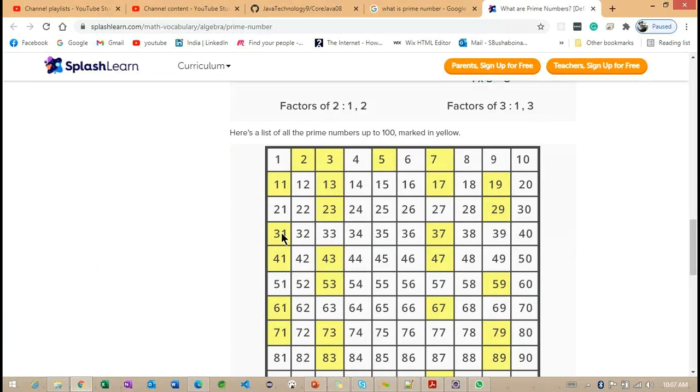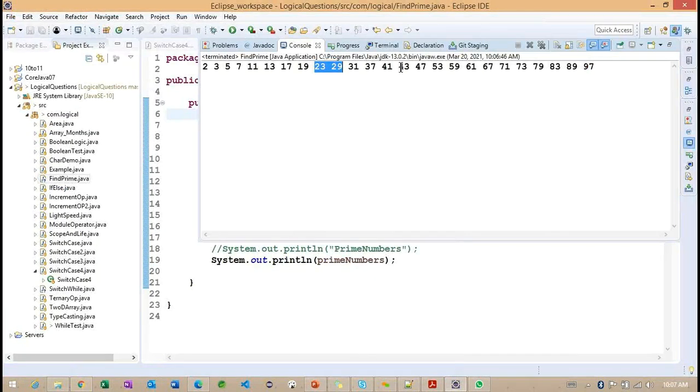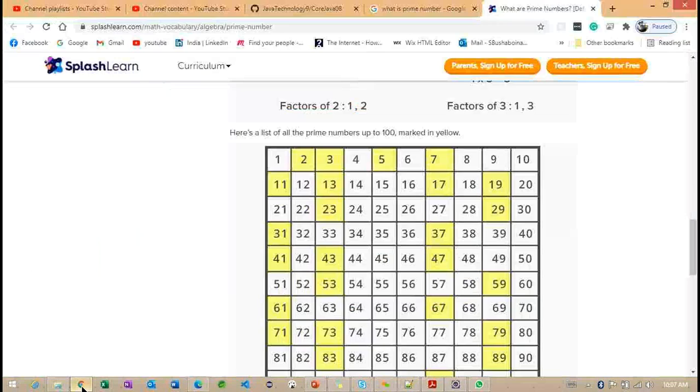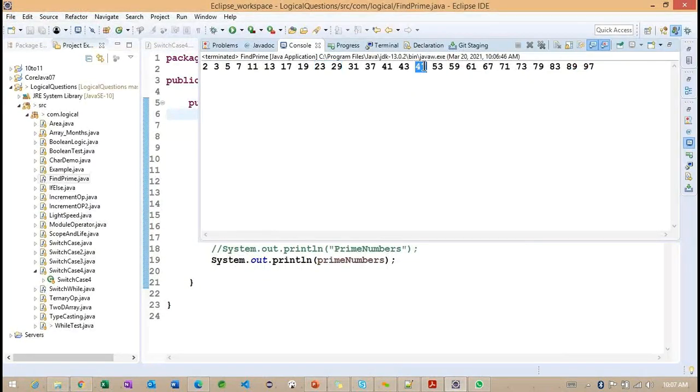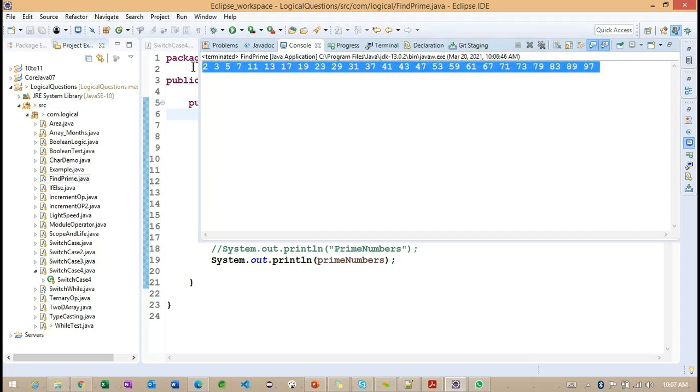So 23, 29 and 31, 37. So 41, 43. Again we are having 47. So between the 100, these are the prime numbers.